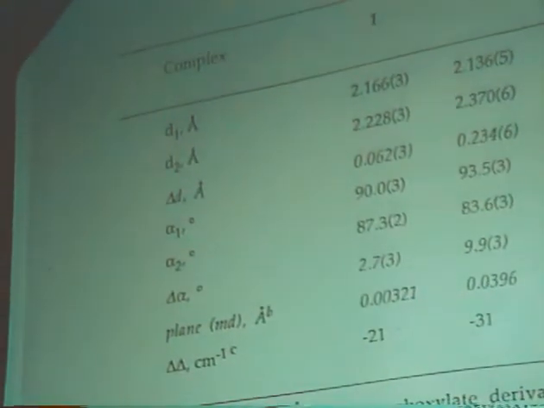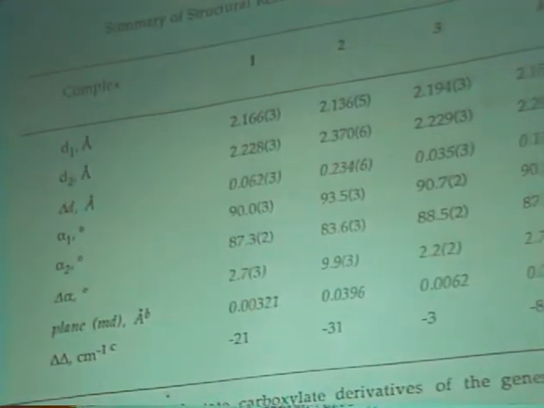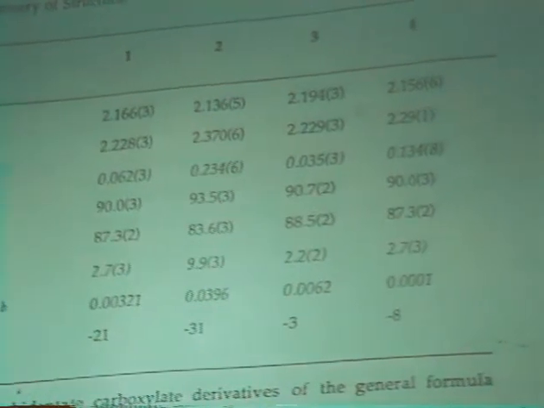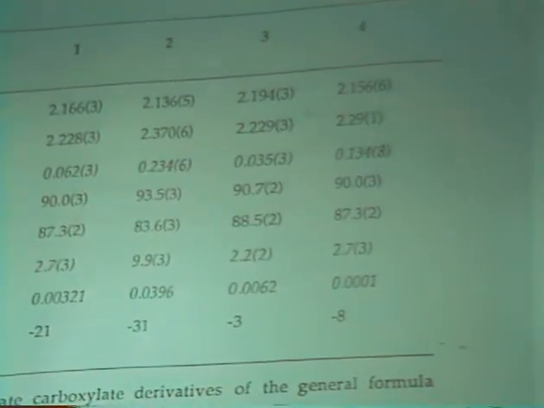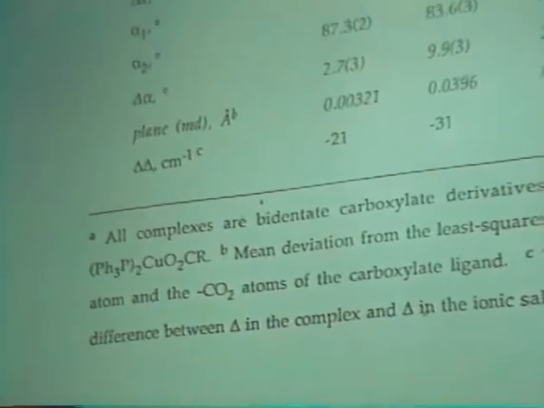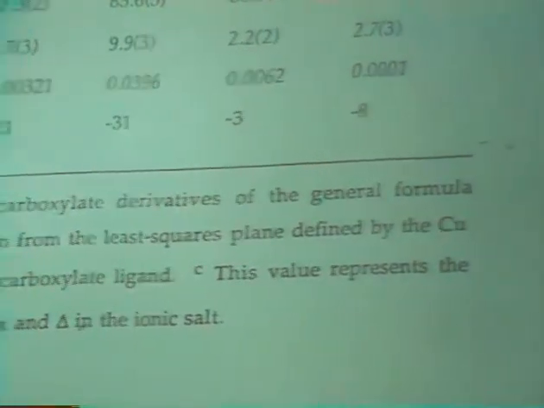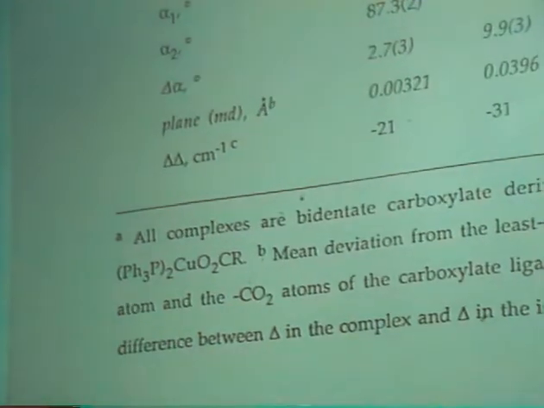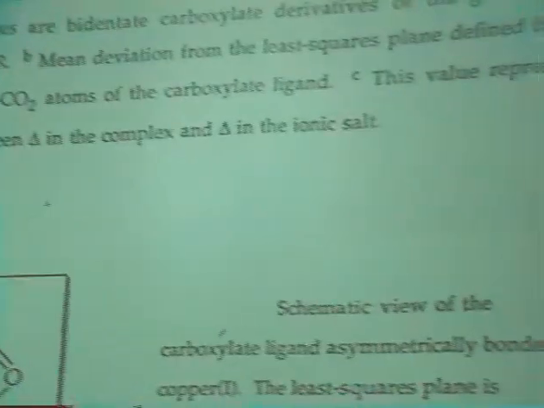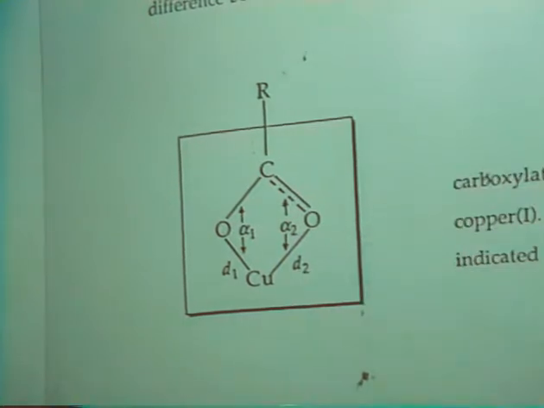And so what happens is the carboxylate, even though it's bidentate, is asymmetrically bound. That is, one of the copper-oxygen bonds is longer than the other one. And so it's moving somewhere between a bidentate going toward a monodentate. And when you do that, the separation in asymmetric and symmetric gets bigger. And what I've done here is just summarize. If you look at the carboxylate bound in a bidentate fashion to copper-1, then these parameters